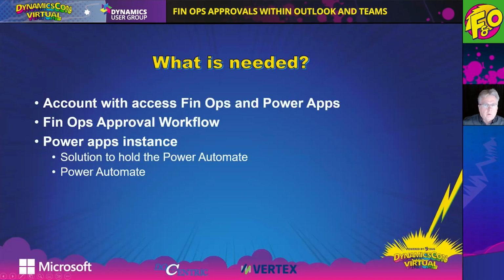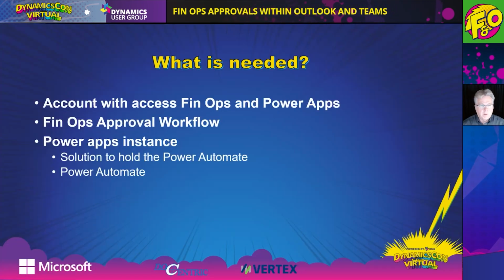What is needed? In order to make this happen, there's a few things I had to get. I had to get access to FinOps and Power Apps in that tenant, that's the word I'm looking for. So the account has to have access to FinOps. It has to be somewhat of an elevated level so it can get those events and be able to trigger based on that. And then of course Power Apps, so then we can get to the workflow and build that out, or the Power Automate, sorry, and build that out.